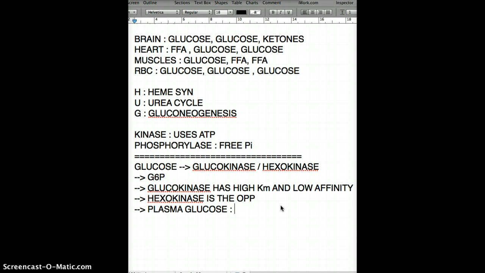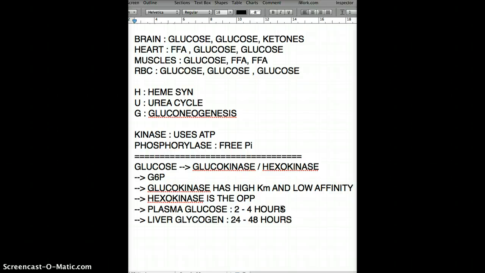Plasma glucose lasts about 2 to 4 hours, and liver glycogen lasts about 24 to 48 hours. Okay, so that's that. So once our glucokinase or hexokinase converts glucose to glucose 6-phosphate, it becomes this energy-rich compound,